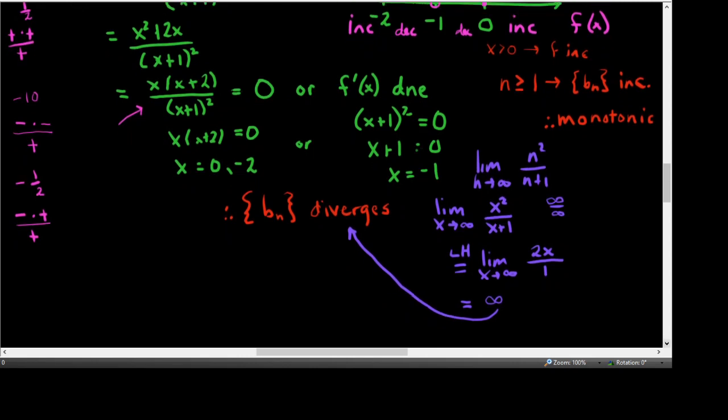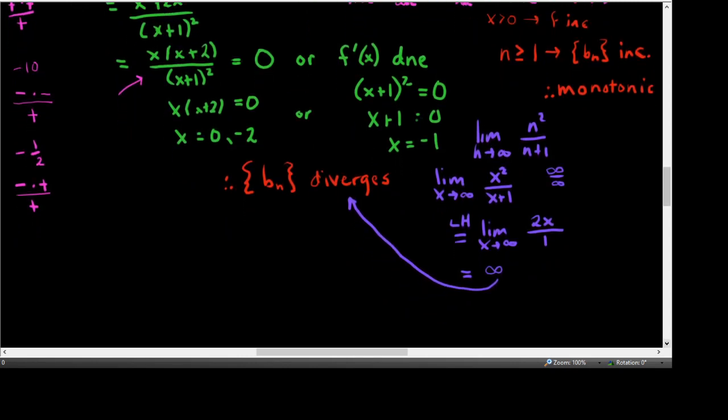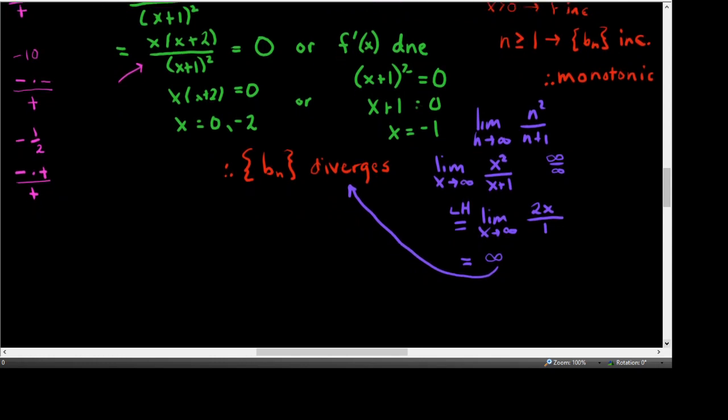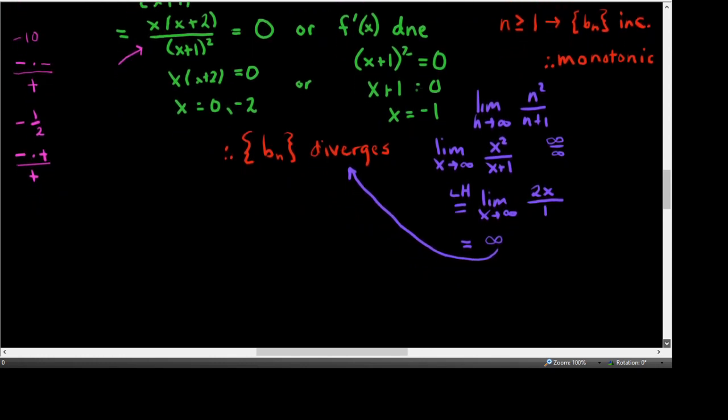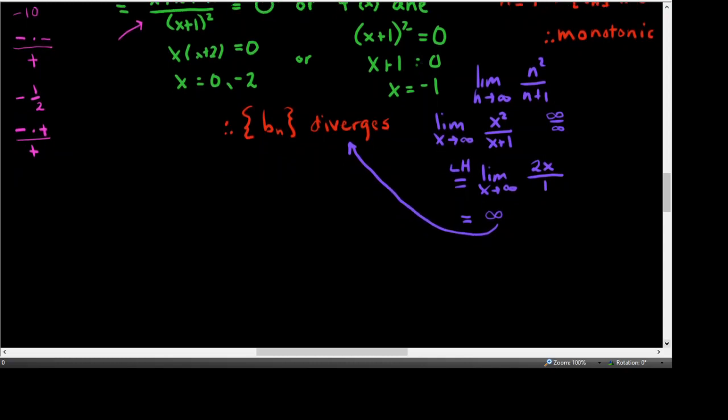And that's probably the most elegant way to show that it diverges. If that limit is infinite or negative infinity, you can say it diverges pretty quickly. And that's going to be fast and easy to do, I think, when it diverges. That's kind of nice. Okay, so now C sub n